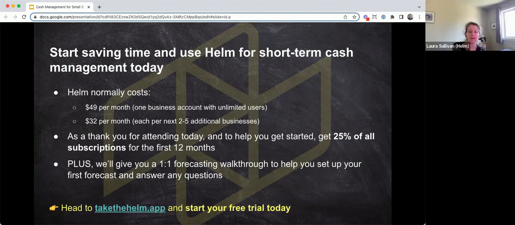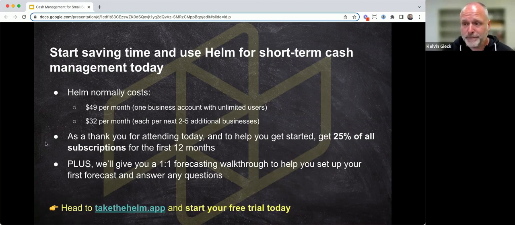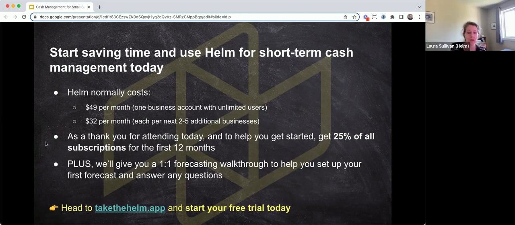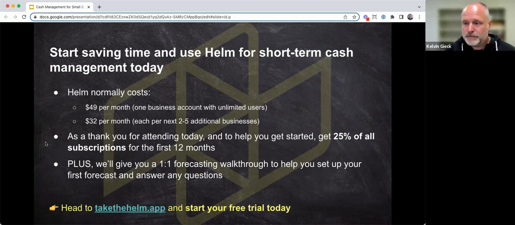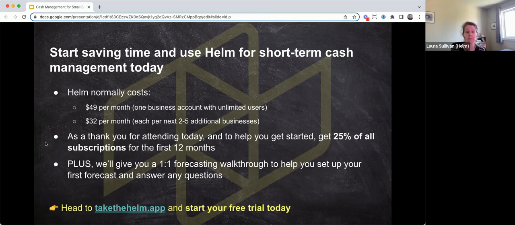But Kelvin, for example, because forecasting rules are often quite a lot like using a spreadsheet, if you know this is a firm order, and you know that it's going to happen in October, you can go ahead and pop it into your forecasting rule to make sure that you're accounting for it. So this is where that context piece that Kelvin was talking about comes into play, right? If a client says, this is a firm order, it's okay to put it into the forecasting rule. It won't change anything except for the knowledge that that money will be coming in and the line of sight that it will be coming in and can be used.